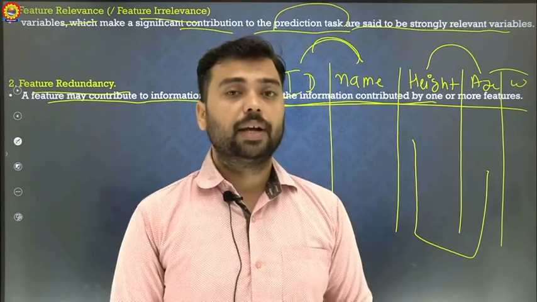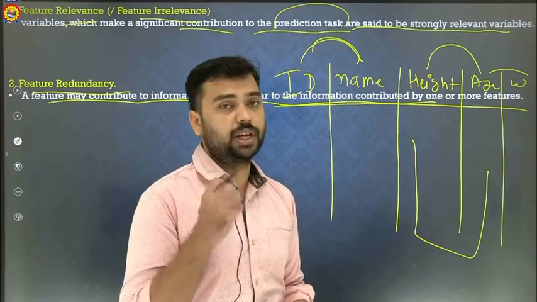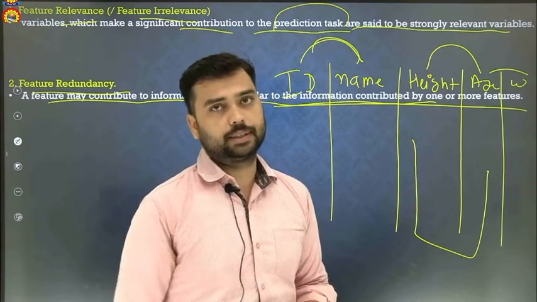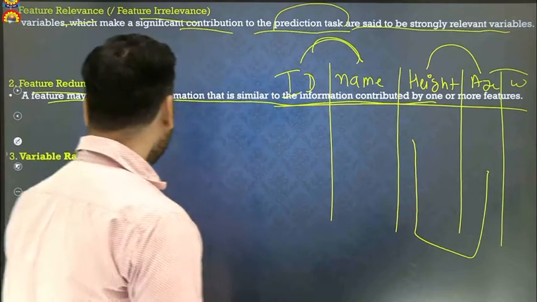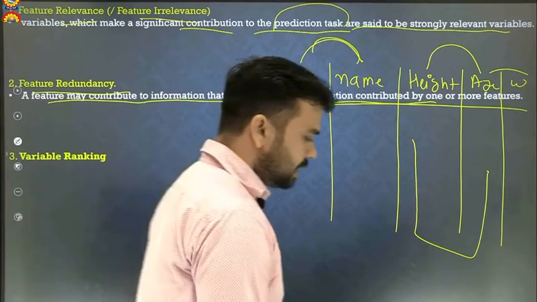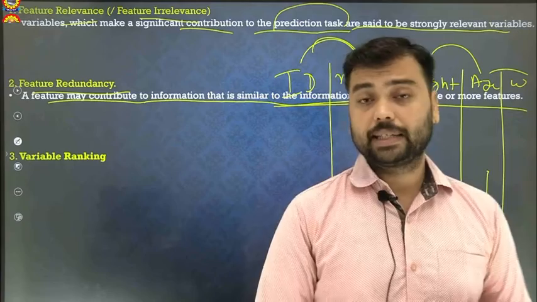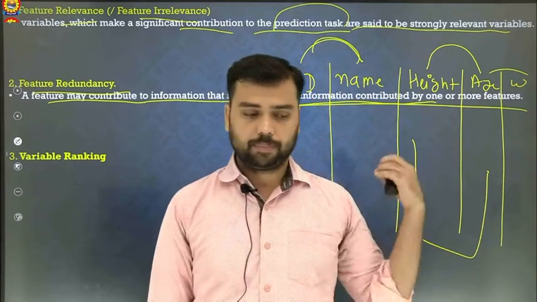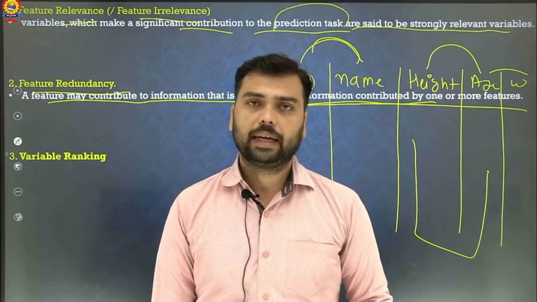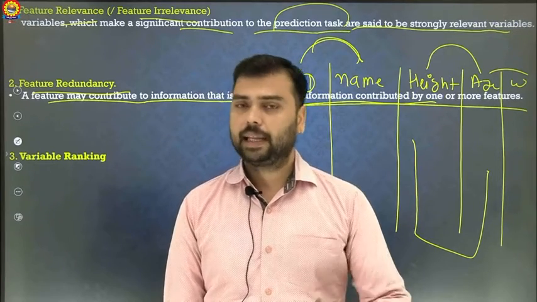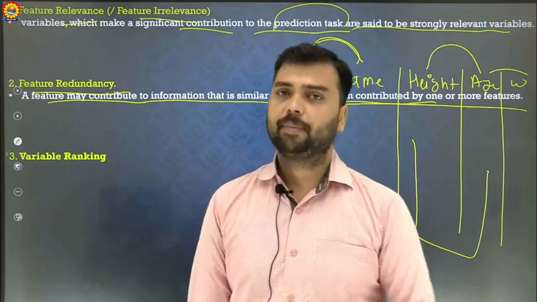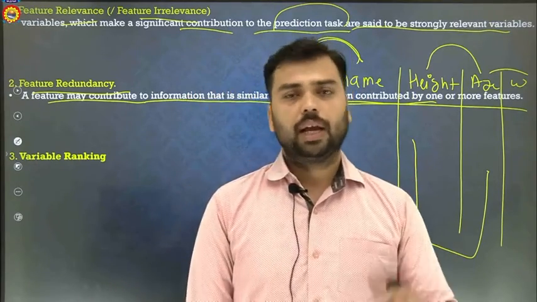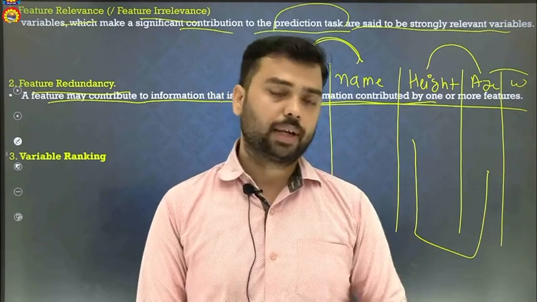So by that we can choose the subset of features which are reduced in size as compared to the original data sets. Okay. And one more thing we are going to discuss, the variable ranking. It is also very important. Ranking, I already told you in the previous slides, means we simply assign a particular score to the variable so that we can say that it is more related to the target value and a particular feature is less related to the target value.